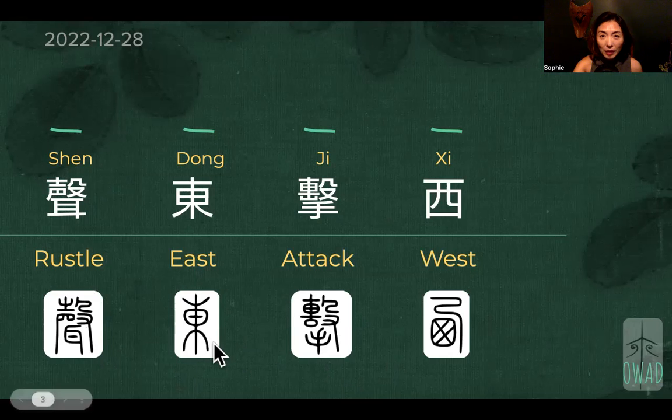Okay, so Dong comes from this image of the sun rising above the horizon, and it is kind of right in between the root of the tree and the canopy of the tree. So it's kind of close to the horizon. It's not risen above the tree yet. So here, the sun symbol, the oval shape with a horizontal line, which signifies the ray or the energy, the beam coming from the sun,